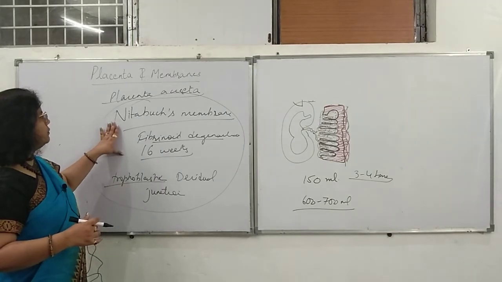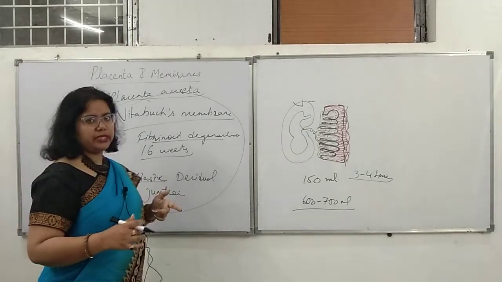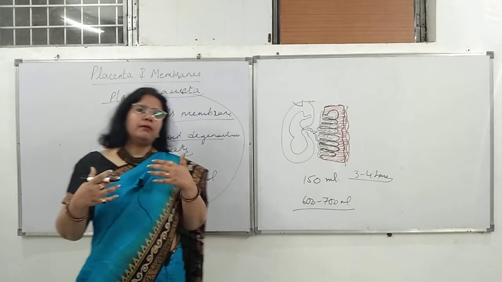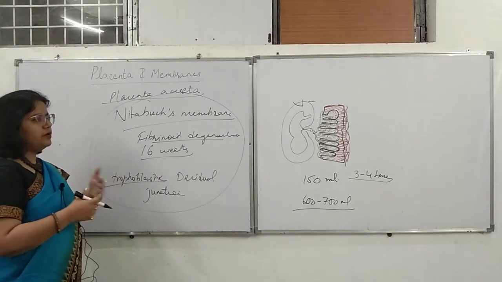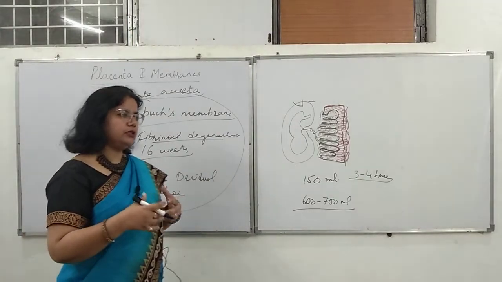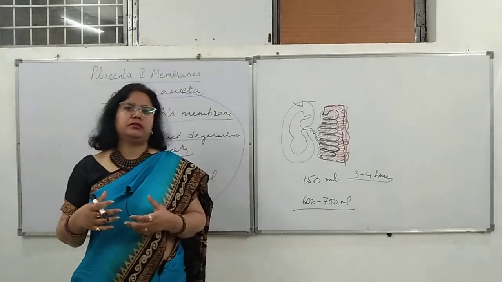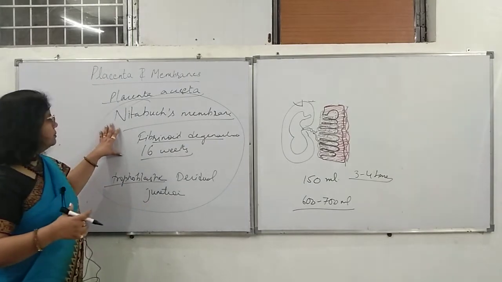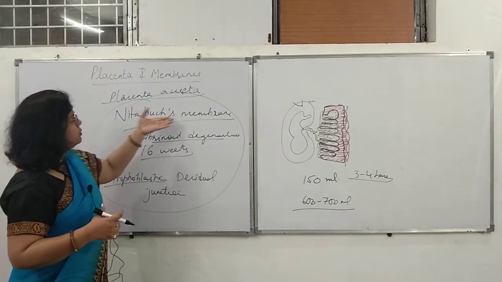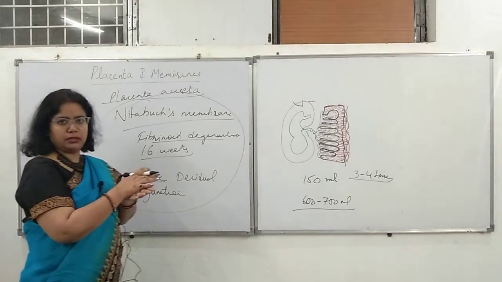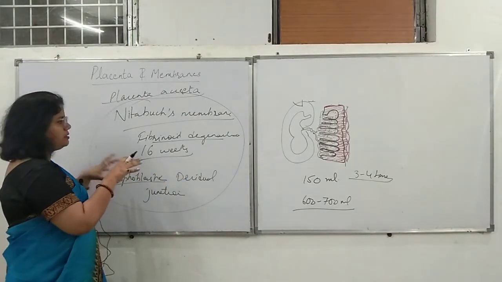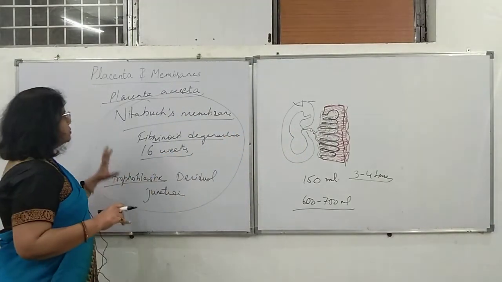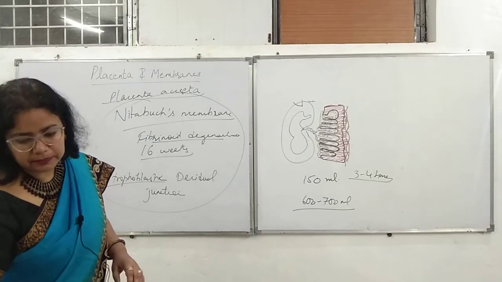This is also one of the reasons that in early pregnancy, when abortion takes place, the placental tissue does not come off en masse. But after around 16 weeks of gestation, when we induce abortion, after the fetus, the placental tissue comes en masse. You don't need much curettage. This is because Nitabuch's membrane has prevented further invasion and anchored the whole placenta to the decidual tissue. So this is the Nitabuch's membrane, its importance.